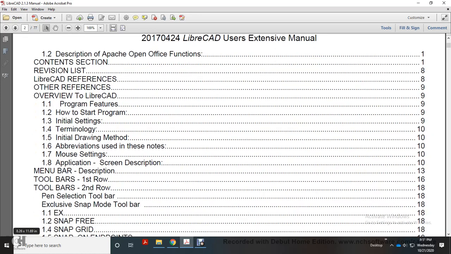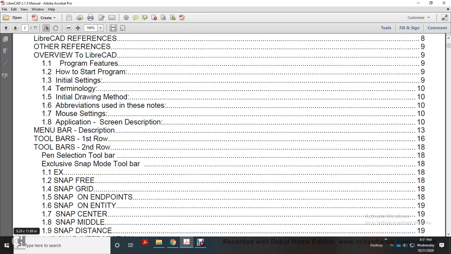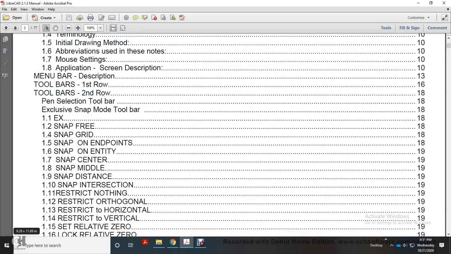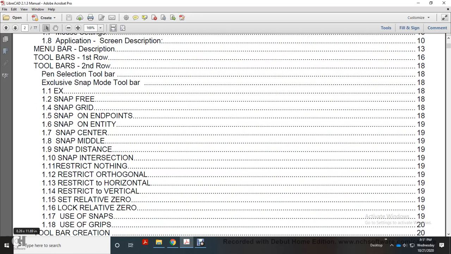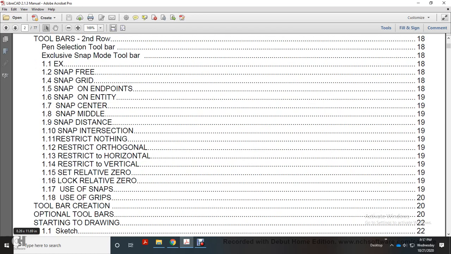pen selection toolbar, exclusive snap mode toolbar, snap free, snap grid, snap on endpoint, snap on entity, snap on center, snap on middle, snap on distance, snap on intersections, restrict nothing, restrict orthogonal, restrict horizontal, restrict vertical, set relative 0, lock relative 0, use snap, use grids, toolbar configuration, optional